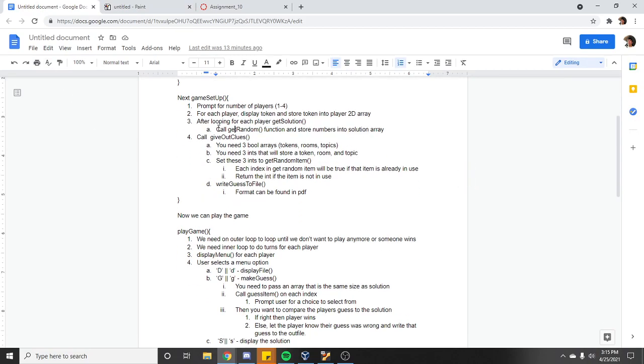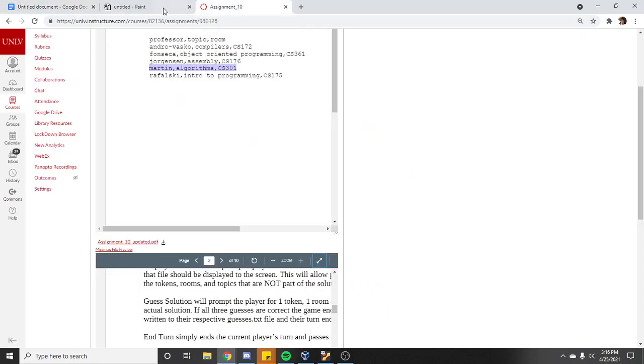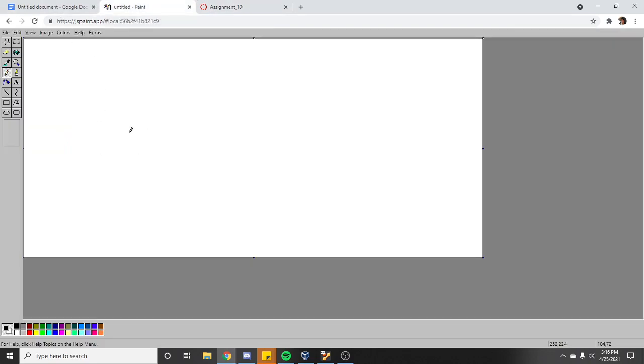After we get the solution that we want, we're going to give out clues to each player. So this is where we're going to use the Boolean array. For this one, you're also going to need 3 integers to store the specific index that it will be located in your string arrays. So for these, what we're going to want to do is do something like this. The idea of how this program works is going to be like,